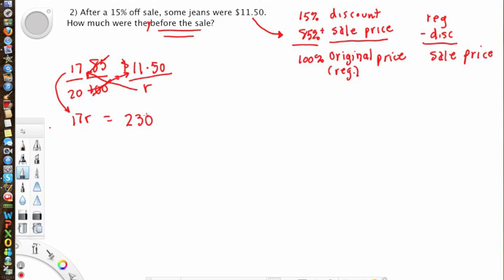Okay, that's right. So I have 17R is equal to 230. I want to isolate R to figure out the regular price. I have to do the inverse operation, which is divide by 17. What I do to one side, I do to the other. 230 divided by 17, R is going to equal